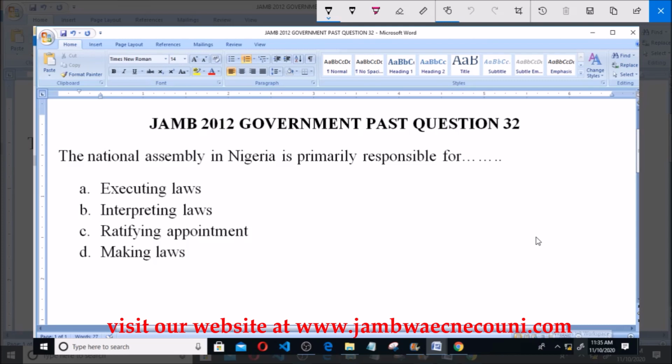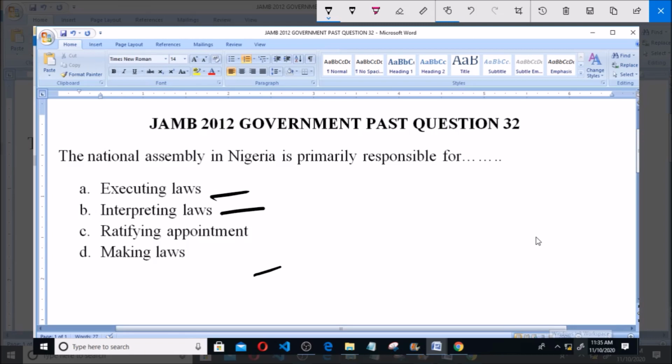2012 government past question, question number 32. The question says: the National Assembly in Nigeria is primarily responsible for dash. The National Assembly in Nigeria is primarily responsible for dash. A. Executing laws. B. Interpreting laws. C. Ratifying appointments. D. Making laws. And as we all know, the National Assembly primary function is to